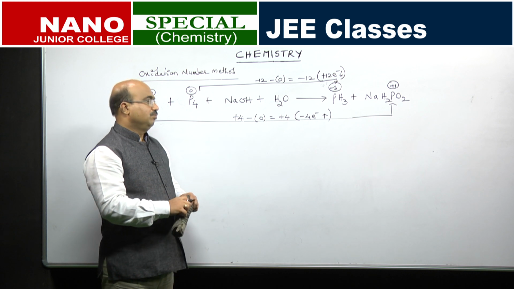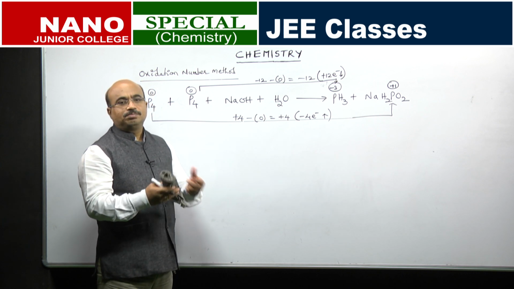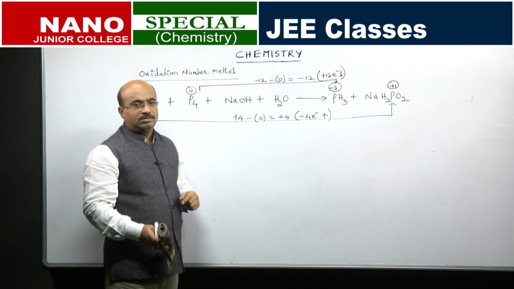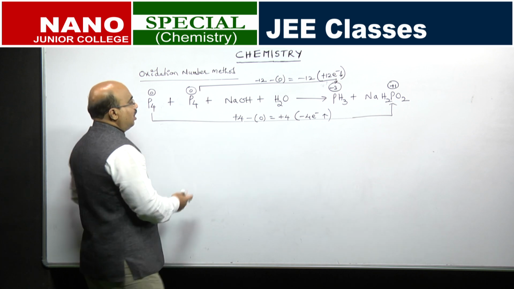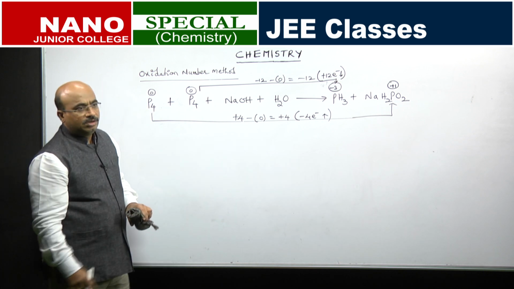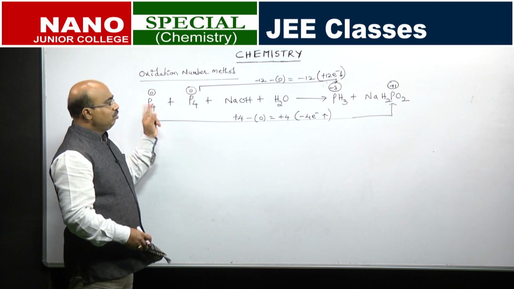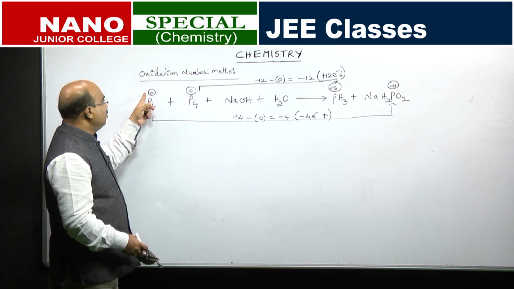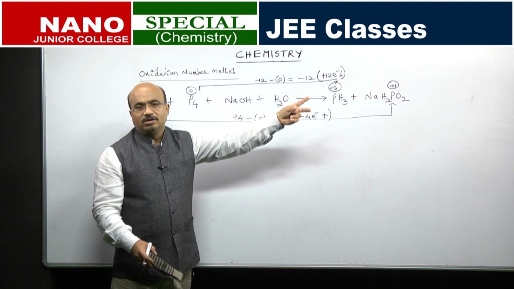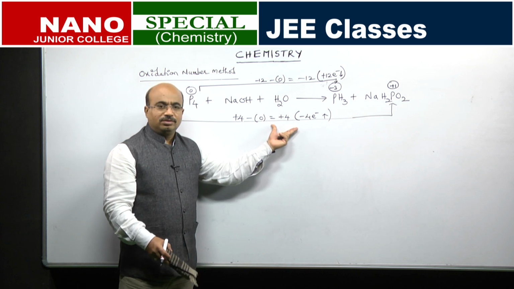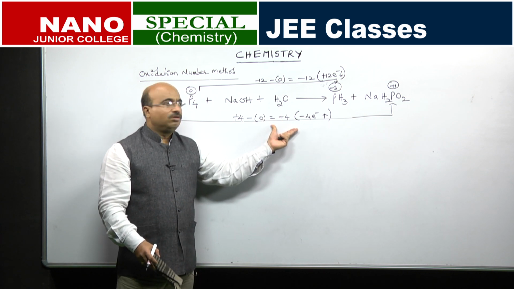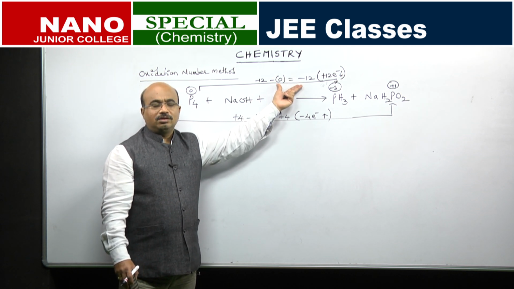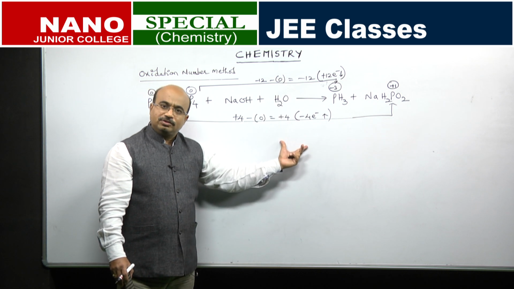Clear? Now, what is the next step? We have to see that these two numbers should be equal, the increase and the decrease. So, what do I have to do? Multiply this with 3, which means instead of taking 4, make it 12. Each one increases by 0 to plus 1. So, we observed only 4 units of increase, but how much do you have to see? 12, because here 12 is the decrease, 12 electrons are gained, so here 12 electrons have to be lost.